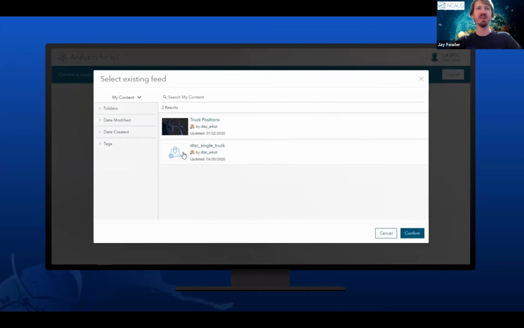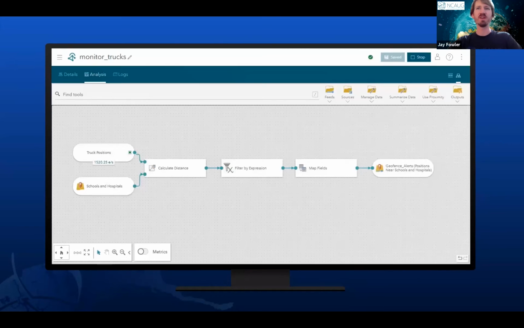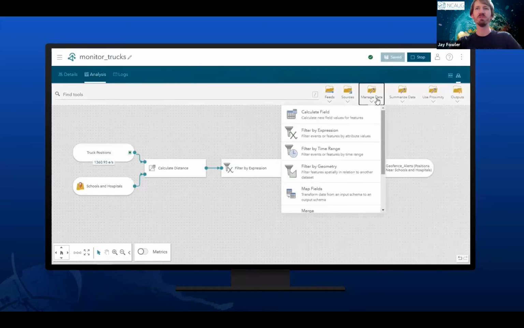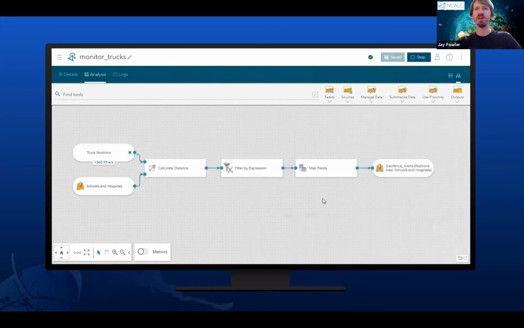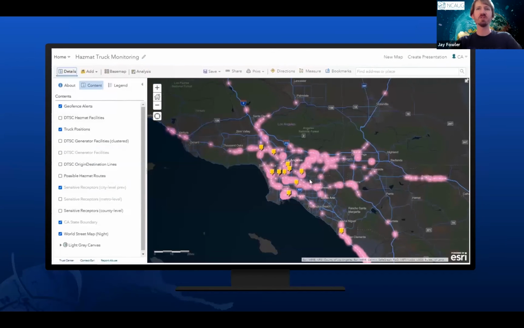We can build out an end-to-end workflow by bringing in data feeds. We can then manage our data with calculations and with filters. We can use proximity and finally output to a layer or send a notification. For our purpose, we're going to take these truck observations and geofence them and measure the distance from schools and hospitals. So the map you see now shows an alert anytime a hazardous truck enters the geofence of a school